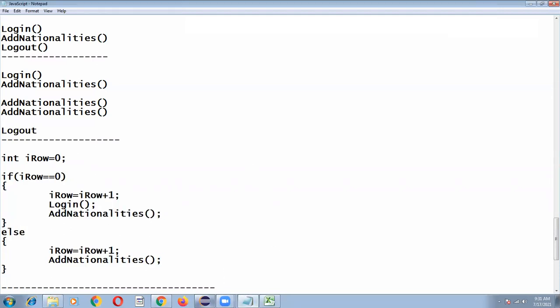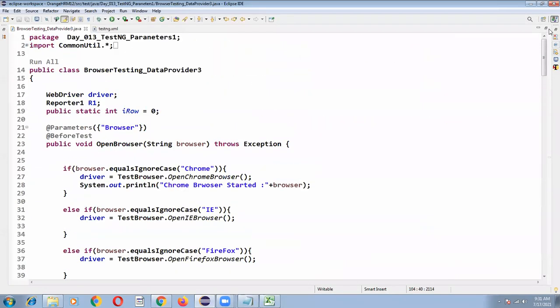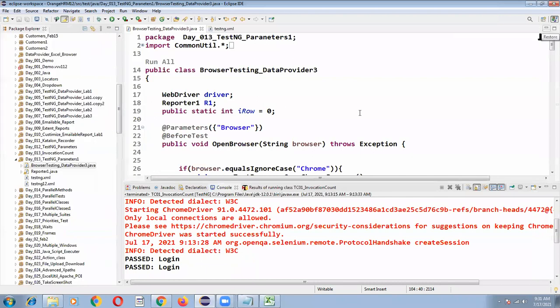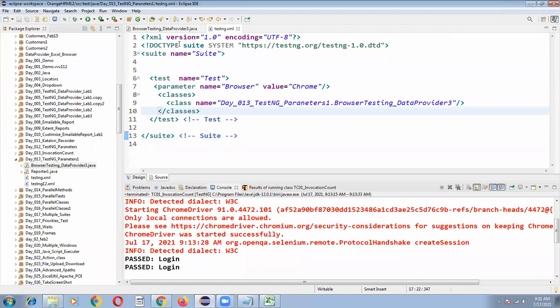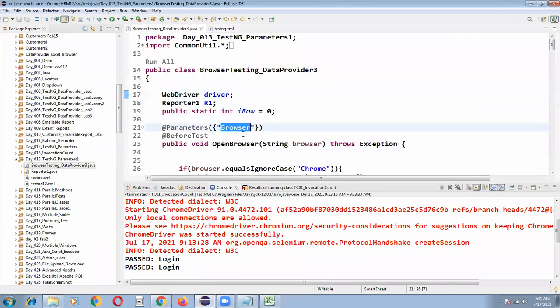Let me run my program, and we will see whether your test executes in the same session in a data-driven test. Okay, let me check. I'm going to execute my program through testng.xml. Whenever you write parameters in the testng.xml, you have to execute your program from testng.xml only, because if you directly execute this program, the browser value cannot be retrieved from the testng.xml.